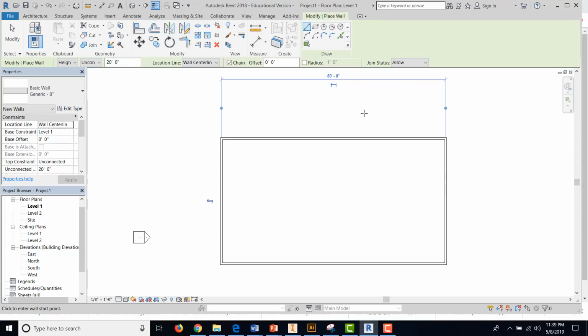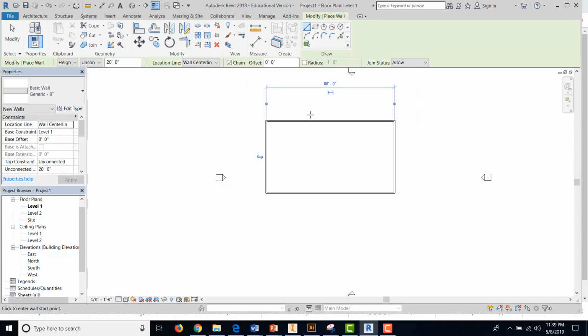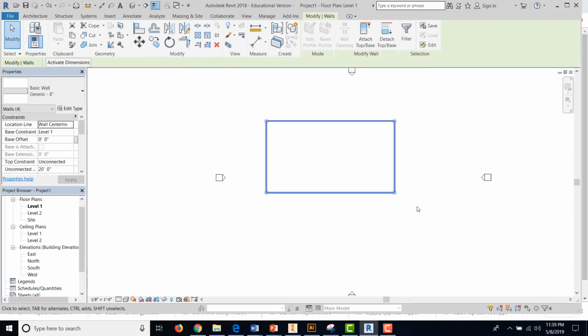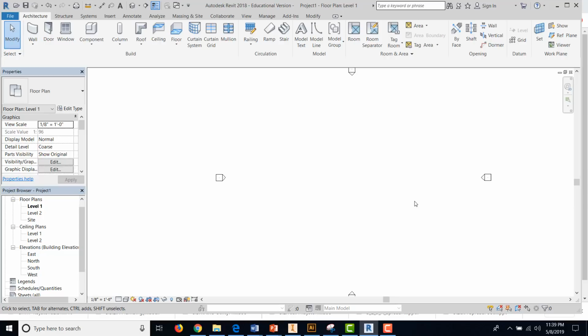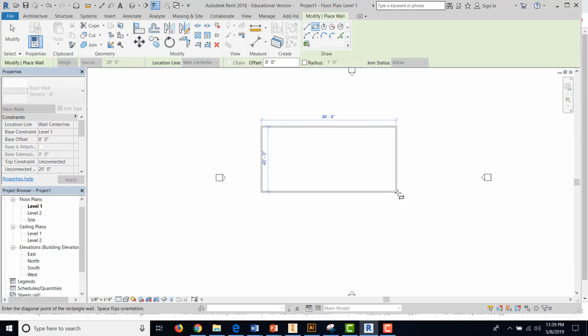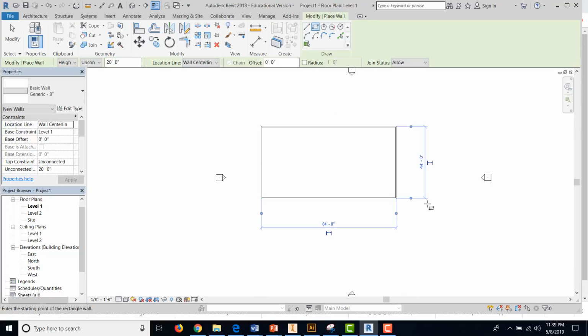Alright, I'm going to hit the escape button a couple times. If I chose to lay out this wall differently, I'm going to select all of that and delete it. I'm going to show you another way to do it. Click on wall. You can click on the rectangle tool, and on the rectangle tool you can simply just drag a rectangle out and click on the other side, and you will get your rectangle. Alright,